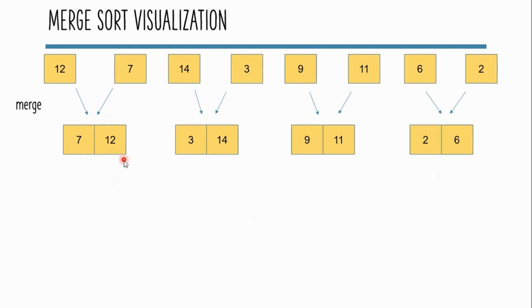Now that we have two elements in this particular subarray and two elements in this array, we need to iterate through those two arrays, for which in terms of writing code we have to use two more variables. Let's say i is the variable which we'll be using to iterate through the leftmost subarray, and j is the variable which we'll be using to iterate through this particular subarray.